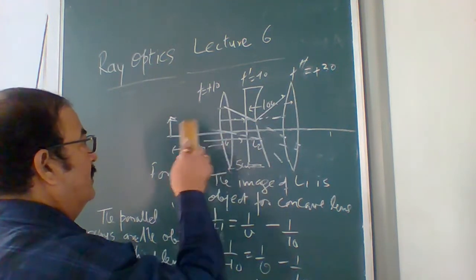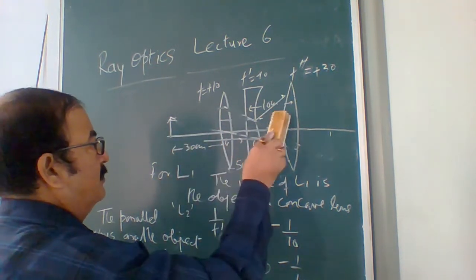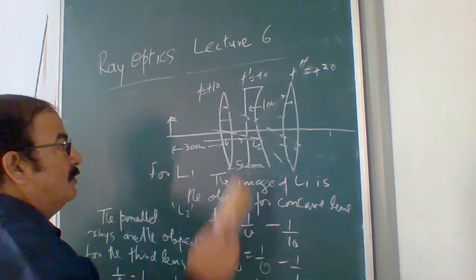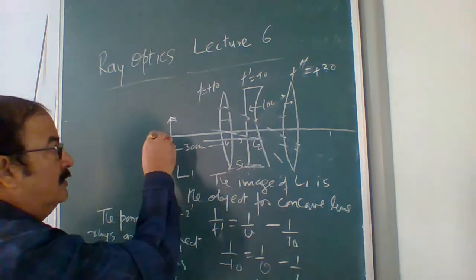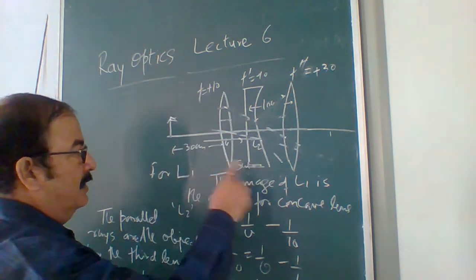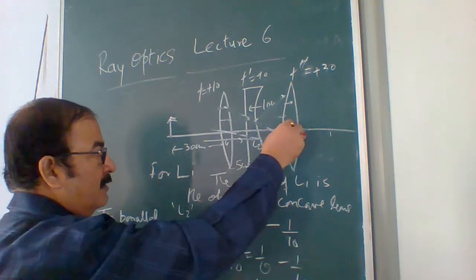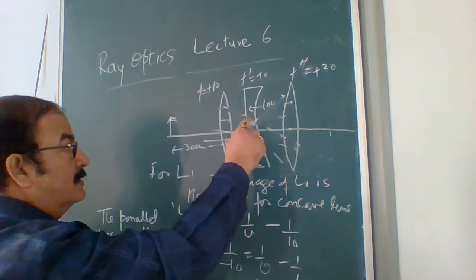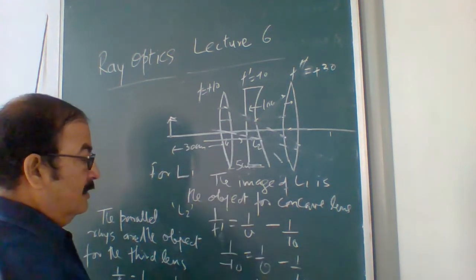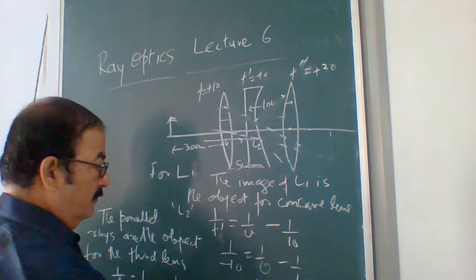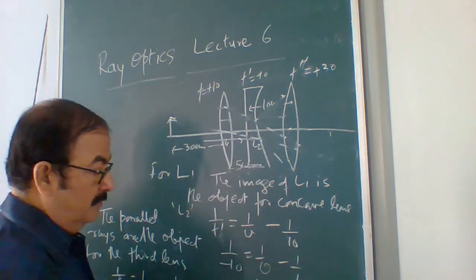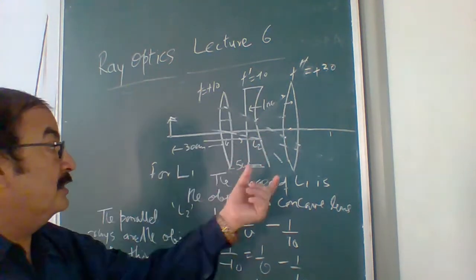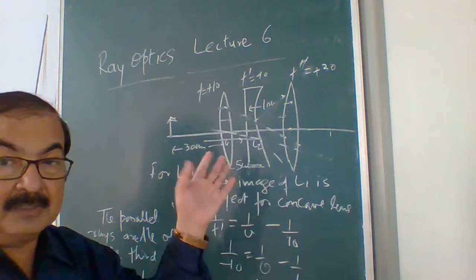Since the diagram becomes very complicated, we have to avoid making such a diagram. Only theoretical things are enough. You can see this is the object, this is lens 1, and this image is formed at 15 centimeter at this point, center of this lens, and that will act as the object for second lens L2, and again we get the final image obtained at infinity. Why? Because its focal length is 10 and this distance is also 10 centimeter. So 10, 10 they cancel out.